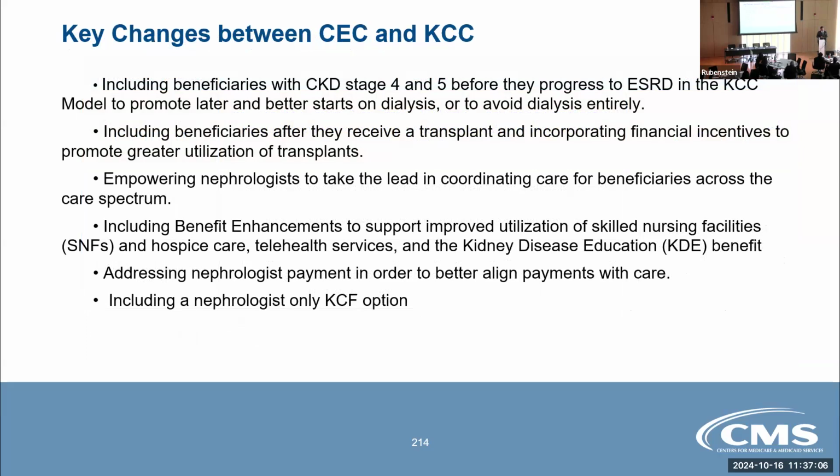For the purpose of this model test, we put it at CKD4, and it was a decent guess at the time, given that most CKD4 patients will likely progress, but a lot of CKD3 patients will as well, and some CKD4 patients won't. But the idea was to get the people who are most likely to progress further along all the way to end-stage renal disease.